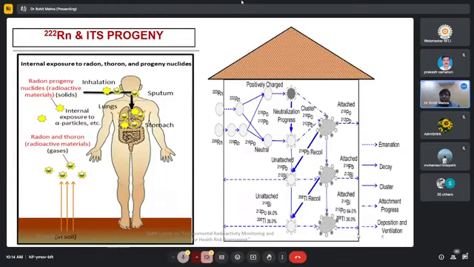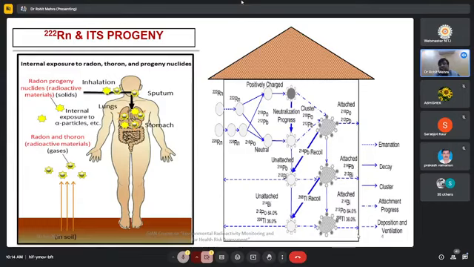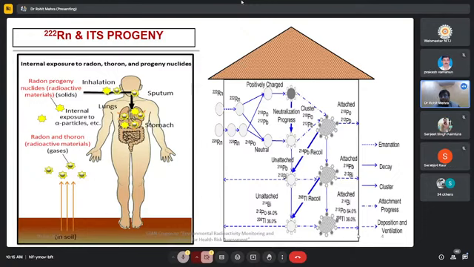Once those linings are affected by the ionization process of the alpha particles emitted by the polonium, those alphas are very much capable of damaging some of the internal linings and changing the blood chemistry also. That is why, after cigarette smoking, radon is the major cause of lung cancer. So it is very important to study this